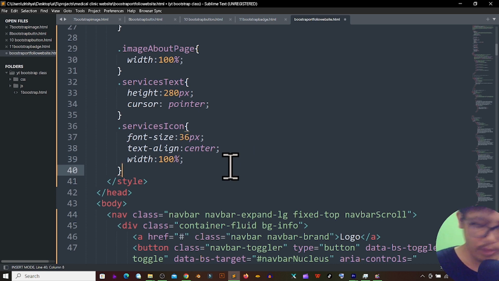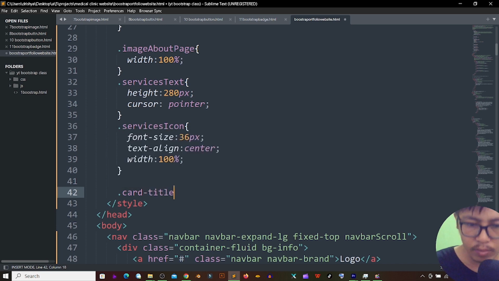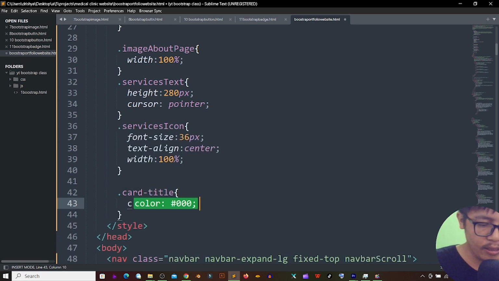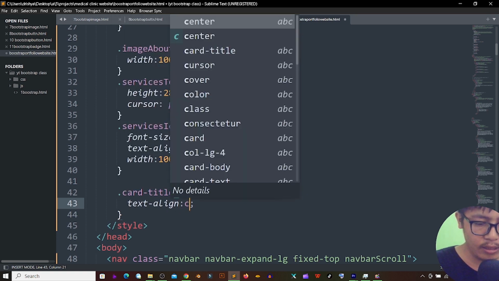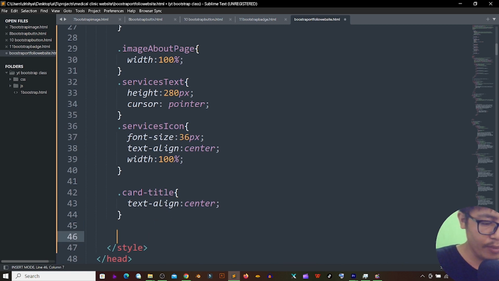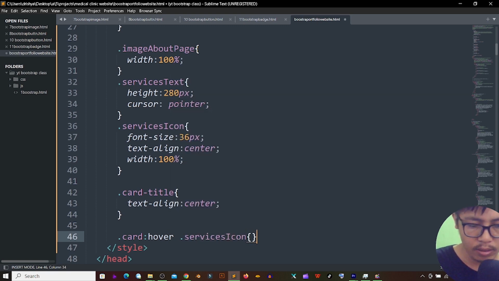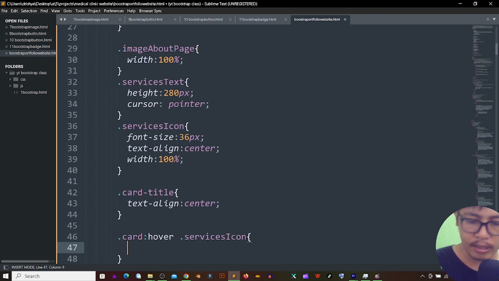So after that you have to give card-title. For this one, text-align should be center, in this way. Then after that you have to use the card:hover .services-icon. Okay, then after that the color should be hash